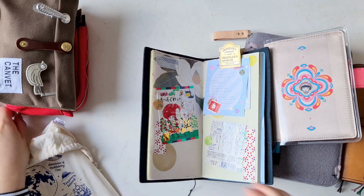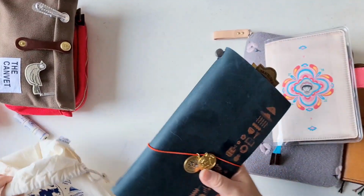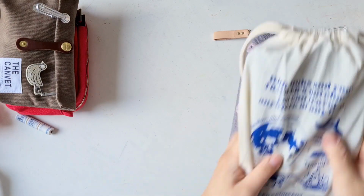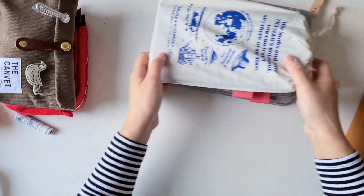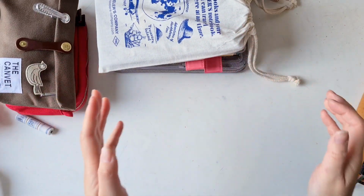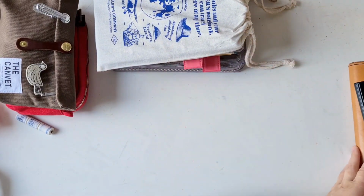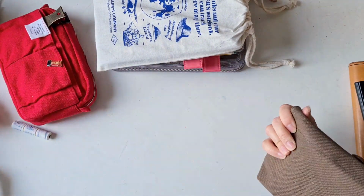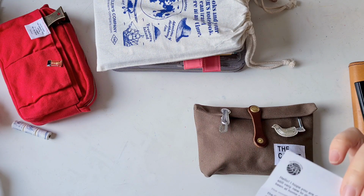So what I'm going to do now is talk to you guys about what I'm going to do in terms of making a change to my setup for the rest of the year. I thought, as a way to encourage myself to do more creative stuff in my journal, and to do things really quickly in my planner. So I received this pouch. What brand is that? Give me a sec. So this pouch is the Canvas pouch